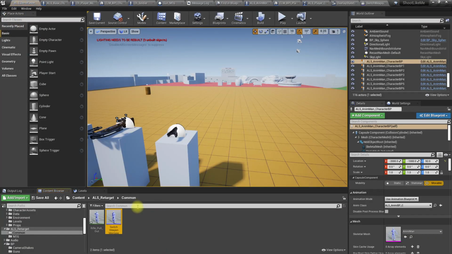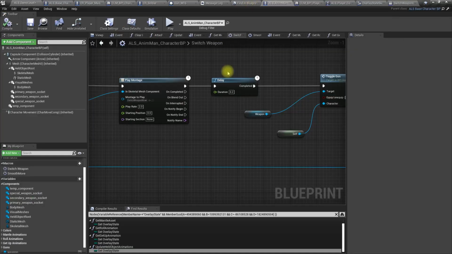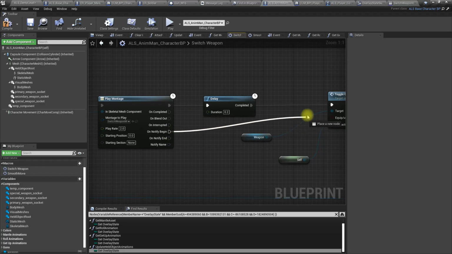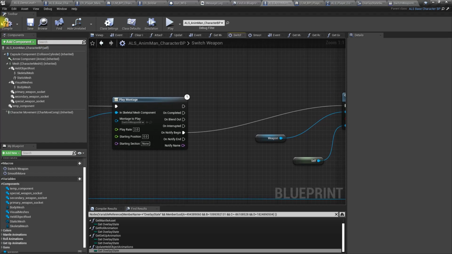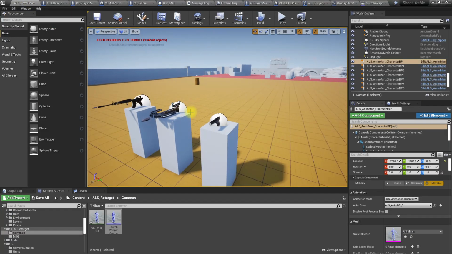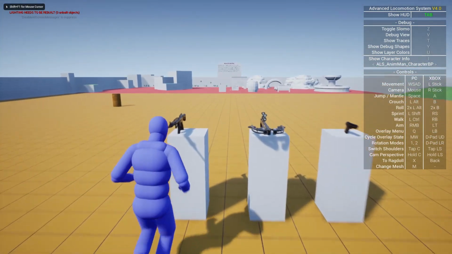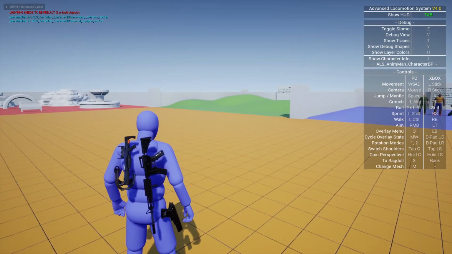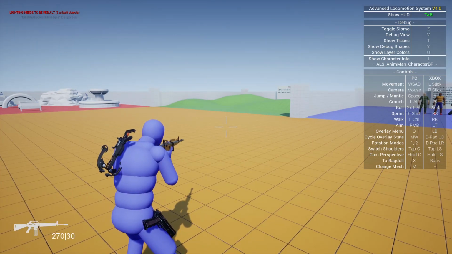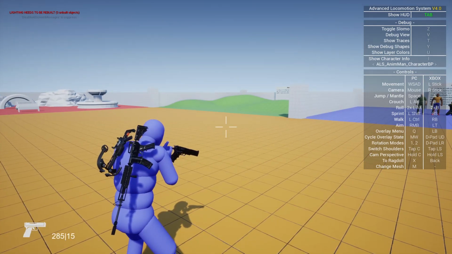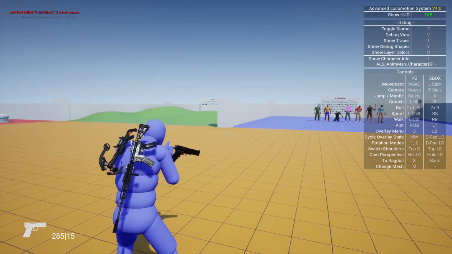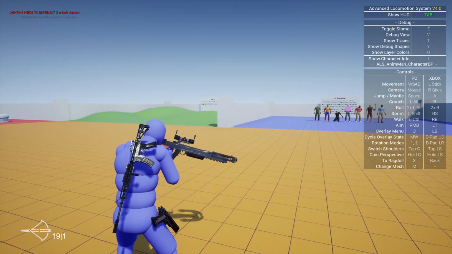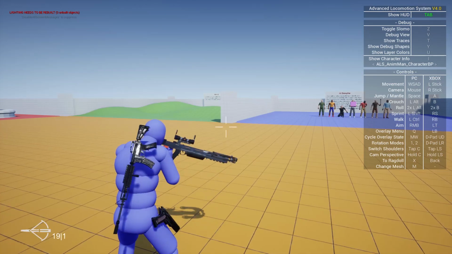Right, now let's use this animation montage here and connect on notify begin instead of this delay node. Right, okay. It is working. There are some problems in the